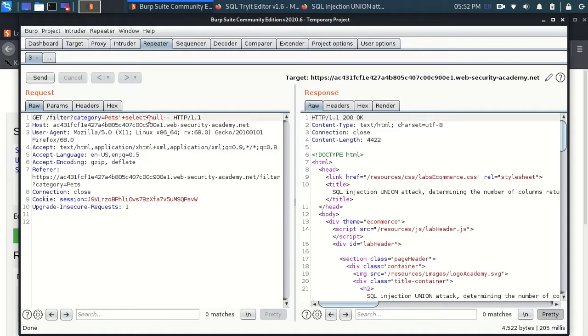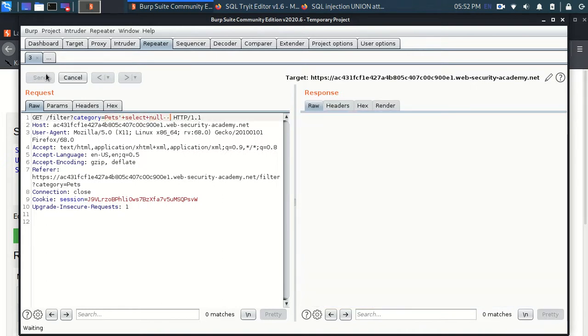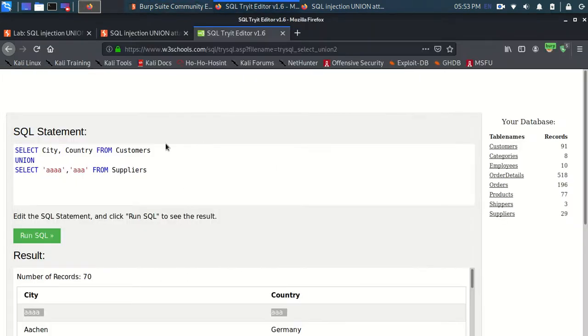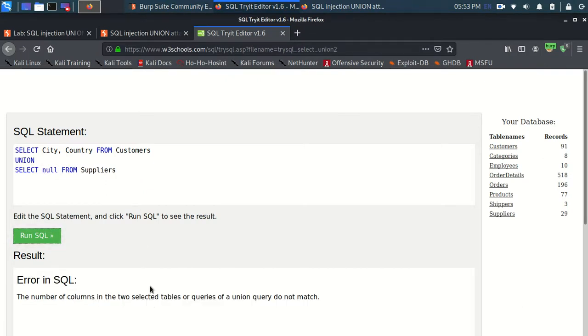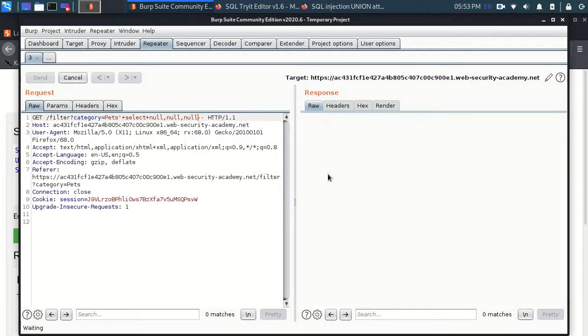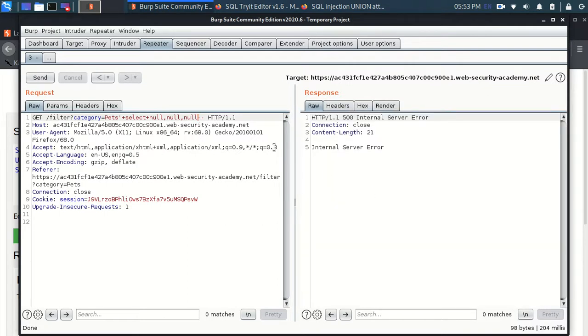Now let me run this, and it gave an internal server error, just like when we were running a single null earlier, we got a server error. Just like this we are getting a server error here. Now let me write one more null, send this, again an error. Now let me type the third null, send this, and again I am getting an internal server error.